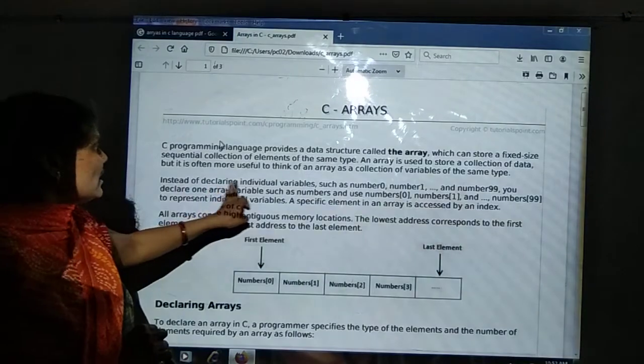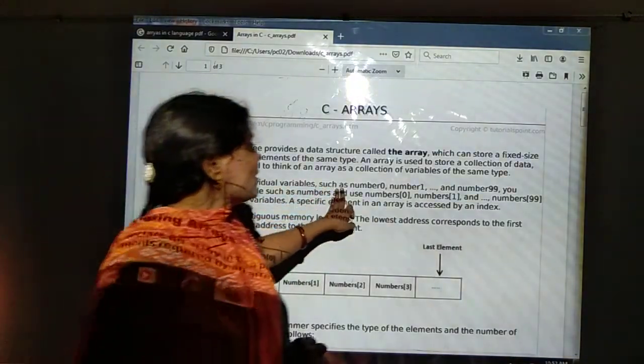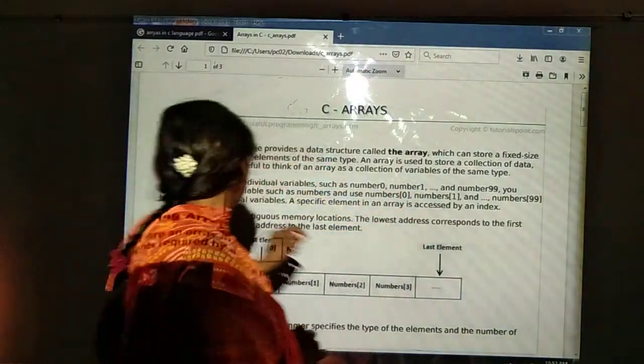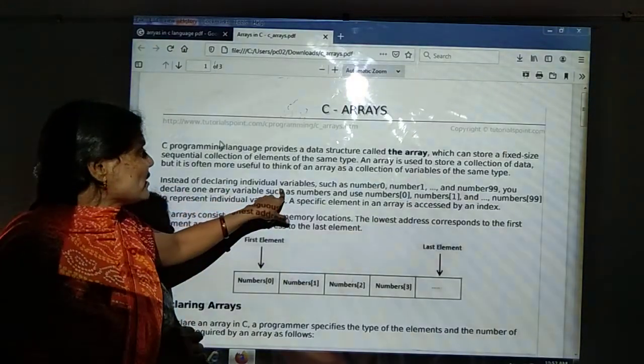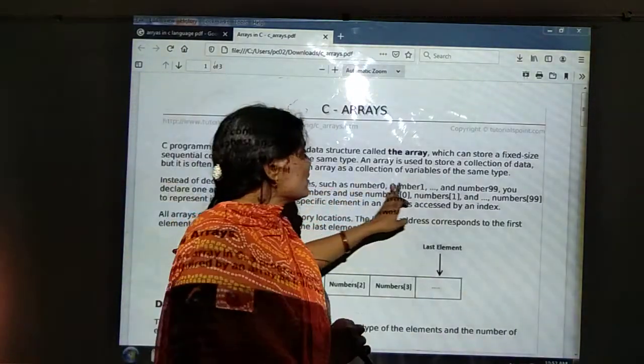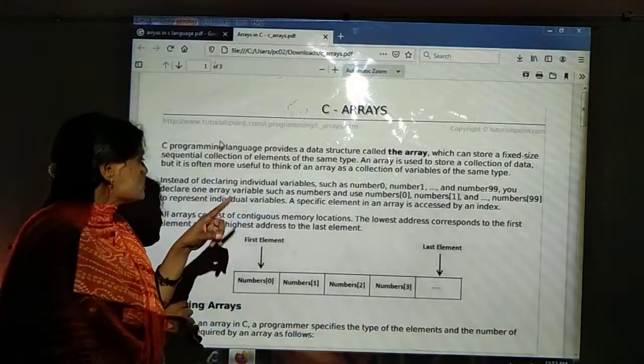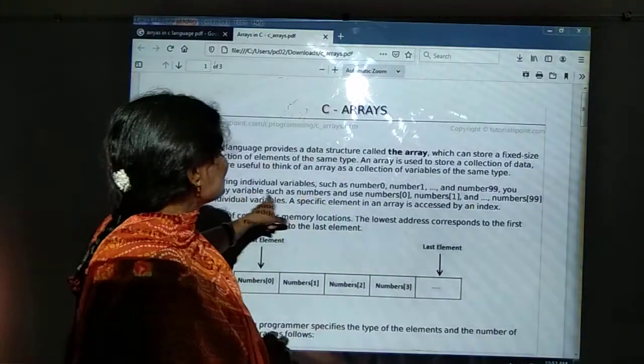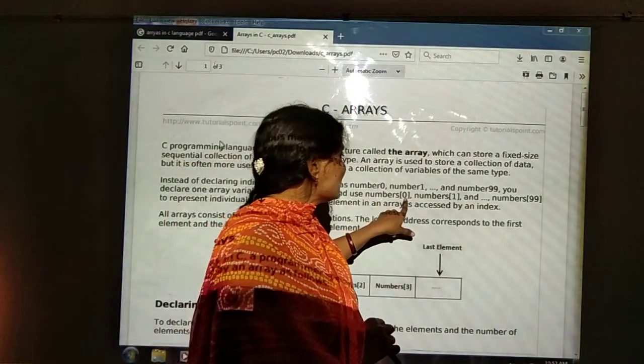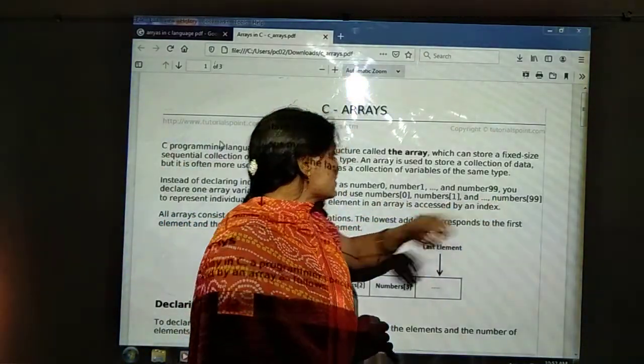Instead of declaring individual variables such as number1, number2, like that, you declare an array variable. By declaring an array variable, such numbers are stored, number[0], number[1], like that we are going to be storing.